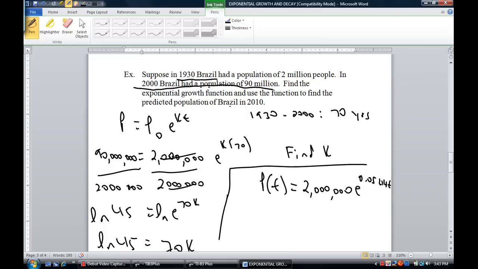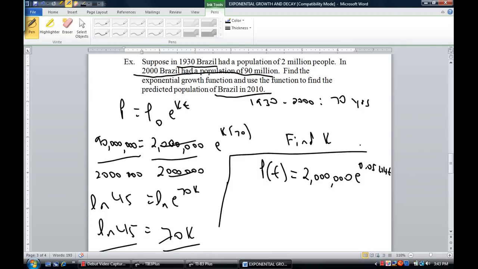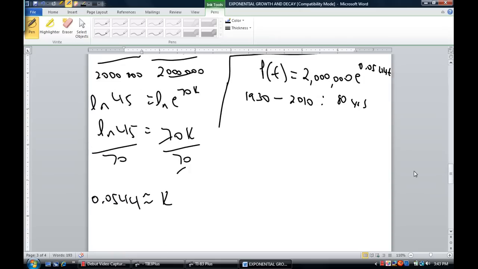Now, we're going to use this exponential growth function to find the population in Brazil in 2010. That's the predicted population. Now, all we need is the t, but keep in mind, the 2 million was for the year 1930. And so for 2010, how many years has that been? 80 years. So that's the t we're going to use. So we're going to find P of 80. P of 80 equals 2 million